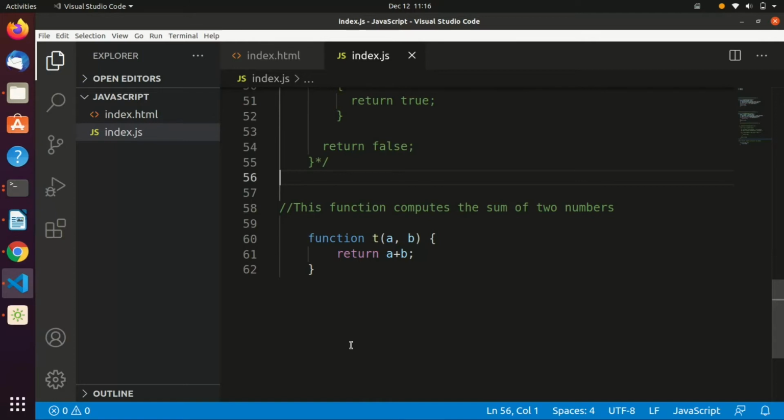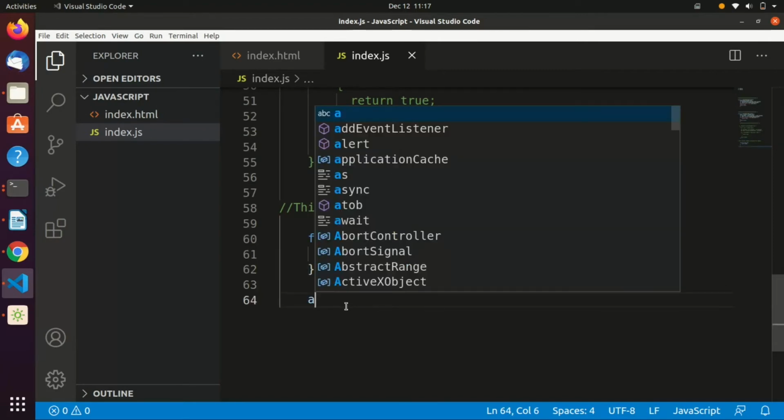Okay, let's also talk about something which is very important, the semicolons. In many computer languages, semicolons are required at the end of each code statement. But in JavaScript, the use of semicolon is optional, as a new line indicates the end of the statement. This is called automatic semicolon insertion, and the rules for it are quite complex. Leaving out semicolons and allowing the parser to automatically insert them